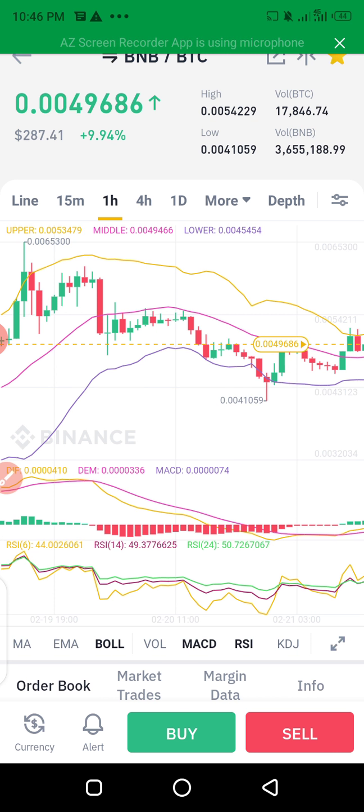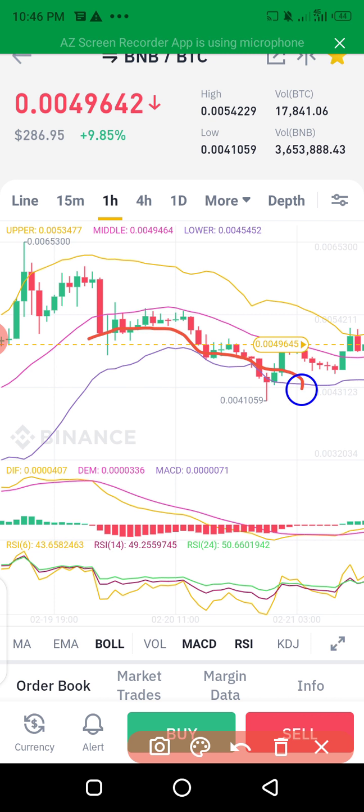It is very, very effective. It works. It has 90% accuracy. It has already signaled that the market has moved from the upward trend to the downward trend. As you can see here, 15 hours earlier it had signaled. You see the market started plummeting. The BNB/BTC market started plummeting up to this stage,